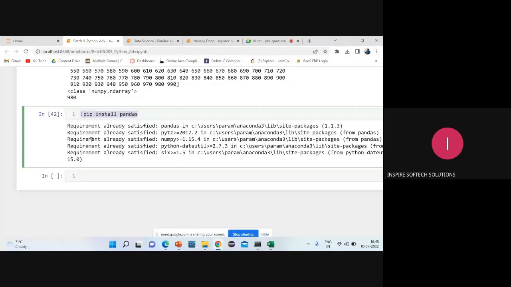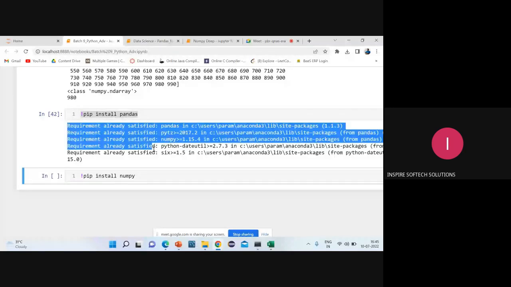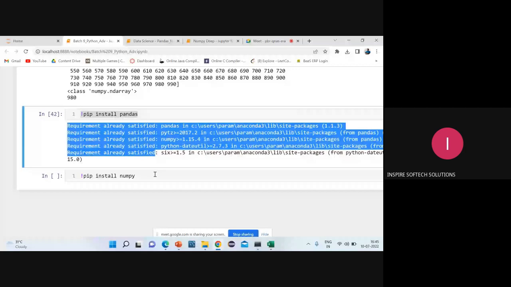Now we have to install numpy. So I have to give pip install numpy. When you're typing pip install numpy, I'll be getting the output called requirement already satisfied, because in my system I already have numpy. But if this is the first time you're doing it in your system,